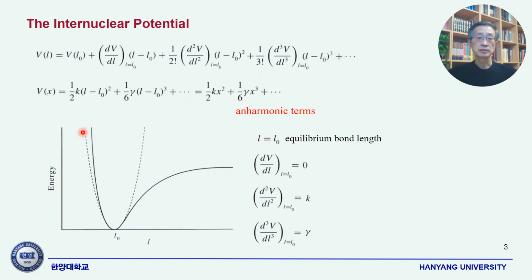And if you look at this solid line, that's the normal behavior of a diatomic molecule, let's say. And then we could see that the minimum of this potential energy, which is V of L0, let's set it